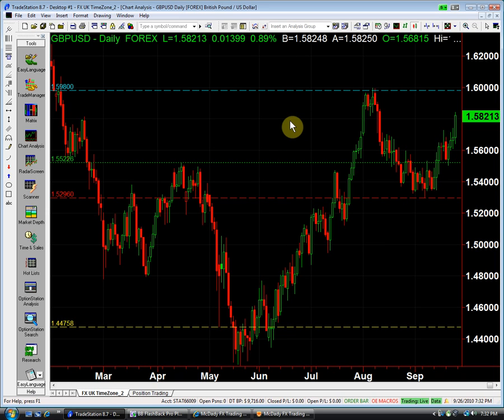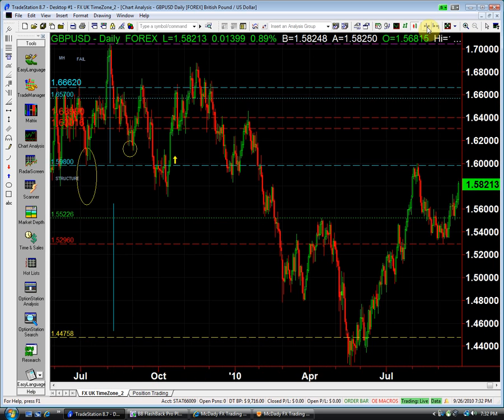The cable, this is looking a bit more constructive. Looking a bit more constructive than it has been, certainly. We broke the 155.22, which was the high here, as you see,